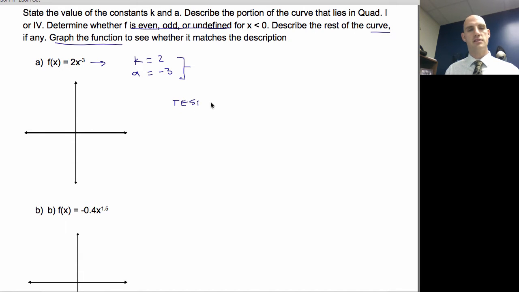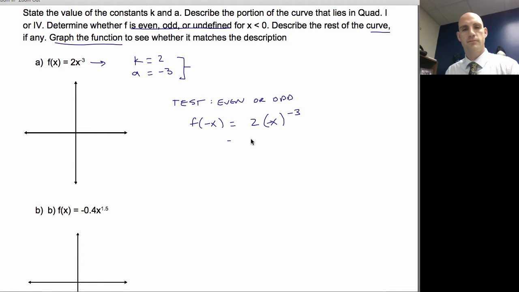So let's test to see even or odd. Let's test even or odd. How do we test for even or odd? We've talked about this before. We're going to do f of negative x. So 2 times negative x to the negative third. We have to do a little bit of rewriting. 2 times